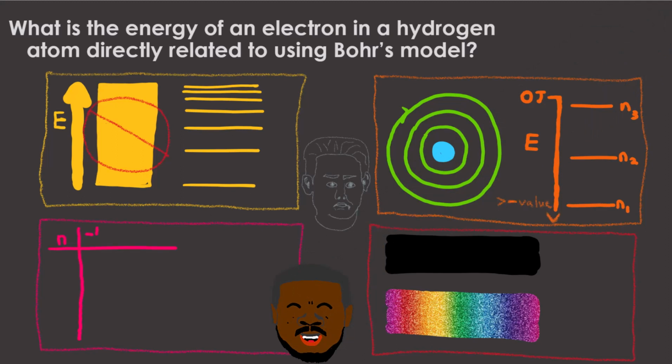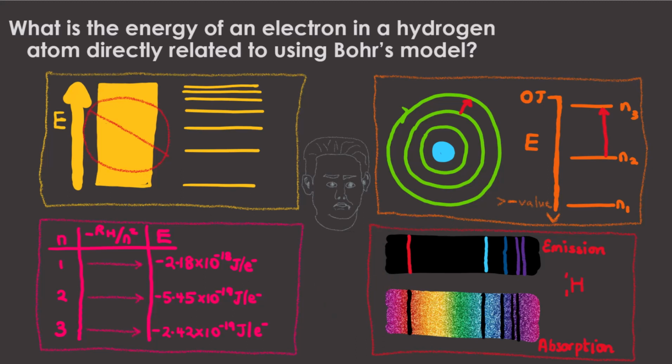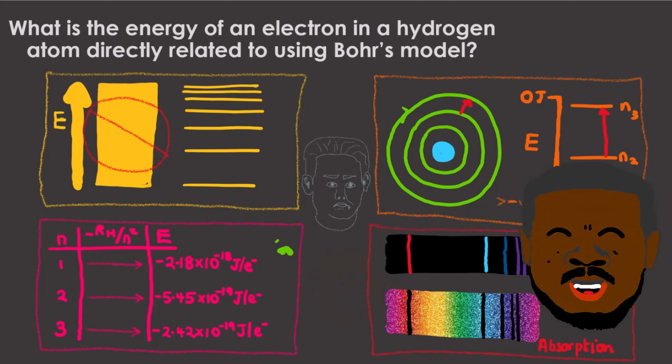Therefore, the electron's energy is directly proportional to the principal quantum number n. And finally, this explains the atomic emission spectrum and the absorption spectrum of the hydrogen atom. Therefore, the third point confirms the answer that the energy of an electron is directly related to the principal quantum